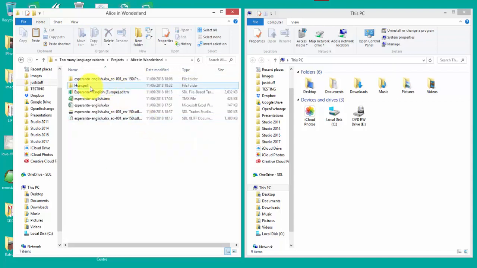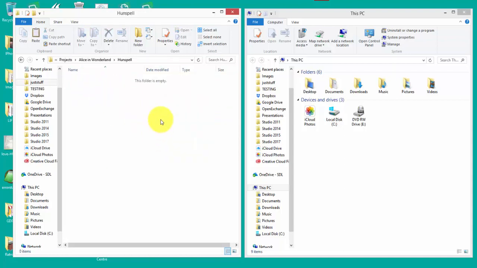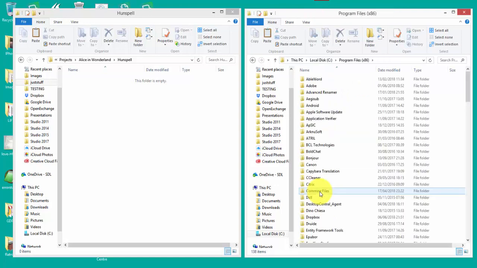I then on one side pick one of the articles, and I'll take the Alice in Wonderland one, and I've created a folder in here called hunspell. And what I'm going to do is put the files I need to edit into here, because I'll be able to edit them in here without requiring administrative rights. And that's because the files I need come from the program files directory